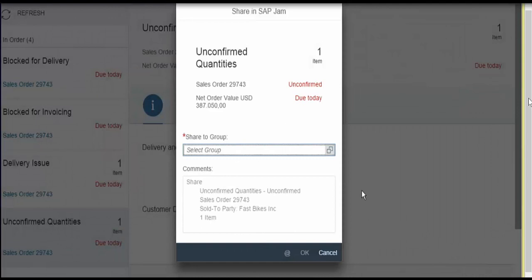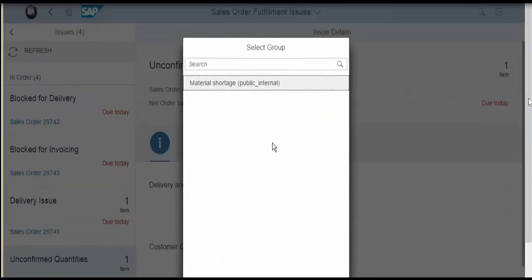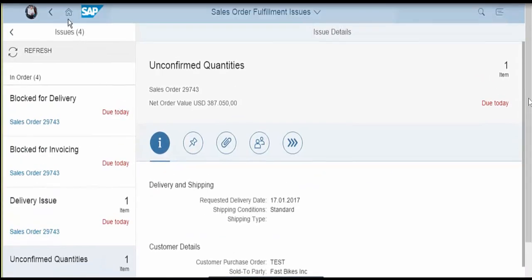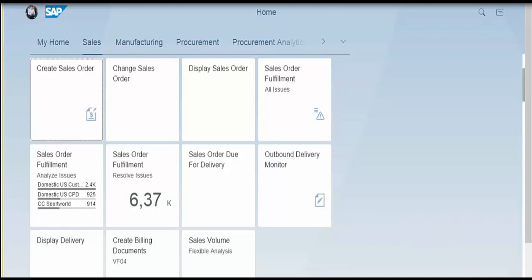He immediately informs his internal department that there is a shortage of 30 bikes, because of which the delivery is on hold. Thus, without using any email or out of the system functionality, S4HANA allows communication with the various internal departments using the sharing functionality with the newly developed Fiori apps from within the same application.